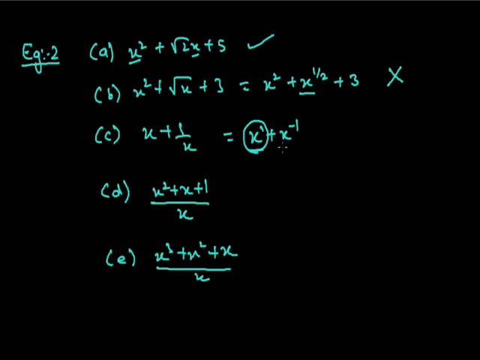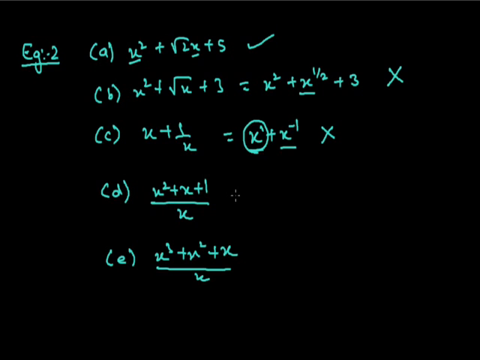But if we take the second term of this algebraic expression, it has the power minus 1. The second term is the variable which has the power minus 1, so it is a negative integer. As you have already studied, the power should be a non-negative integer. So definitely this is also not a polynomial. The power of all the variables in an algebraic expression should be a non-negative integer. So that's why the third algebraic expression is also not a polynomial.